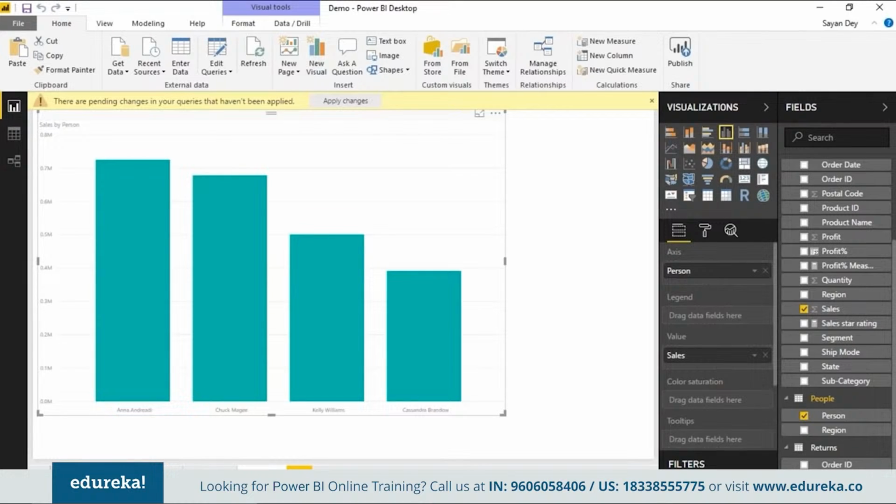You can have hundreds and thousands of rows of data, but you don't really care about all your data, right? If you want to look at data only for west, then you want to select west. You want to see data only for east, you want to select only east, right? But what you don't want to do is you don't want to select all your data. You don't want to get all your data into Power BI desktop, and then filter it.